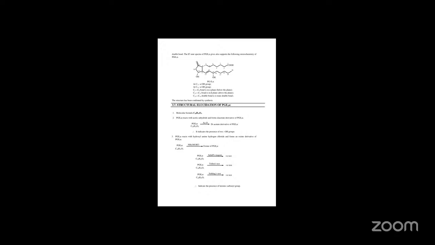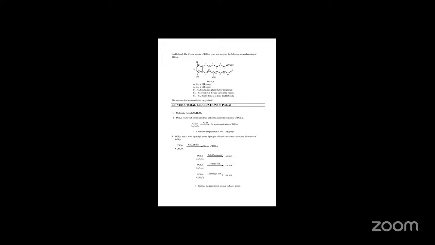And in the IR spectrum, PG2 alpha gives a strong band at 1733 cm⁻¹, which indicates a cyclic ketone functional group is present. Next, the following degradation experiments confirmed the structure. When PG2 alpha undergoes dilute NaOH treatment, it loses a water molecule and forms